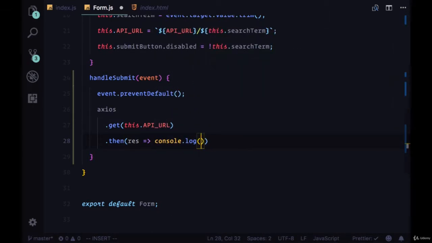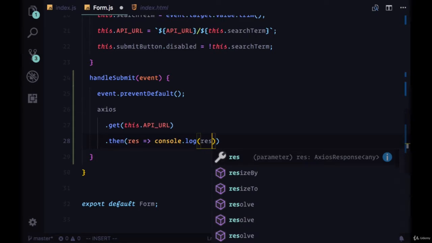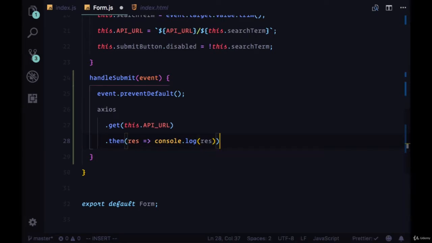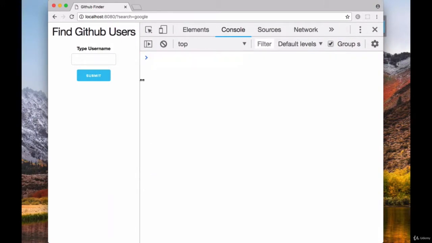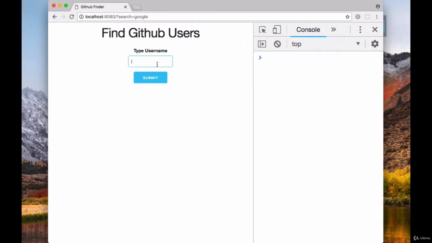So we specify what we want to take place whenever we finally get data back. We're going to have a function where we have res as a parameter, which stands for response, and we're just going to console log res, and you'll see right now exactly what that does. So we'll type in a user that exists, such as Facebook, and when we hit submit,